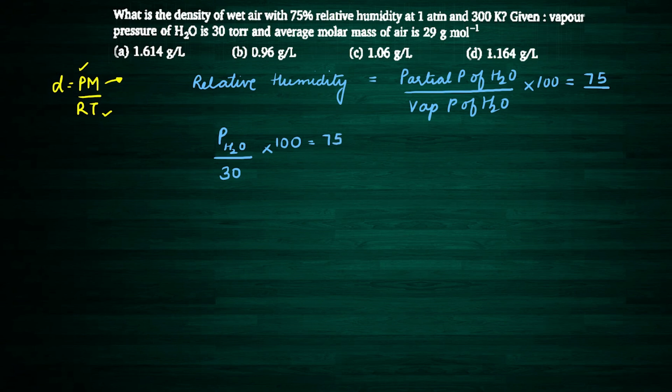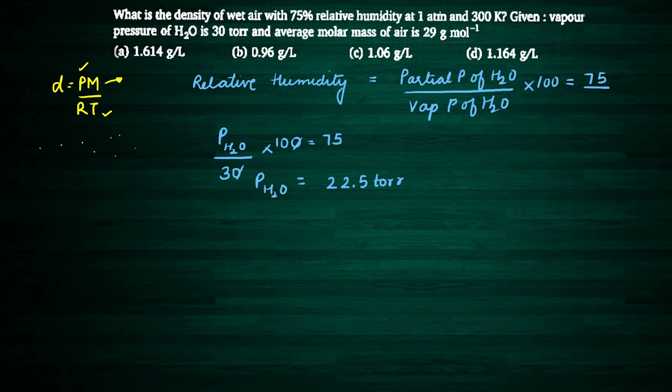So 75 times 30 divided by 100 gives pH2O equal to 22.5 torr. So therefore the pressure of water